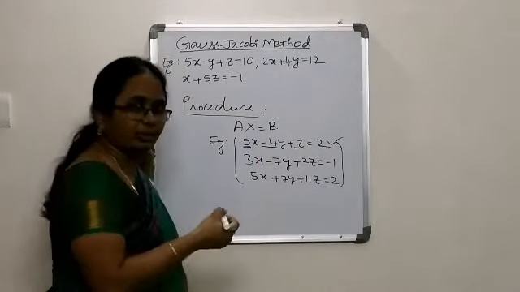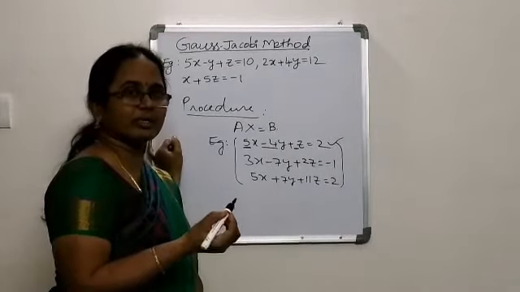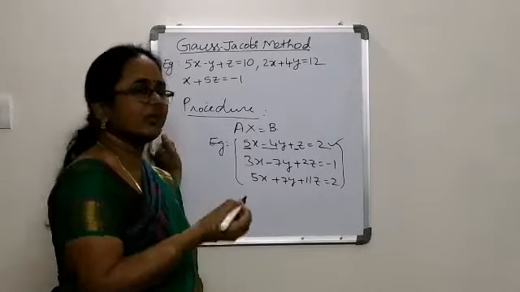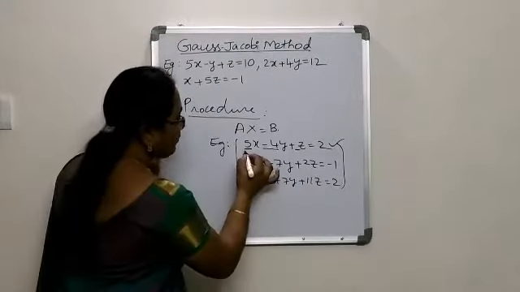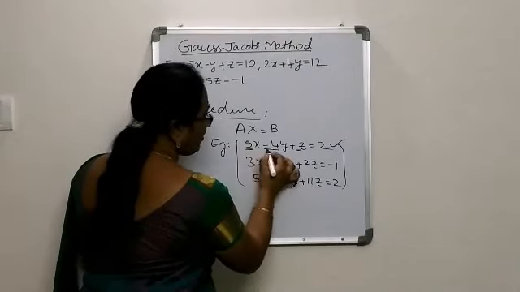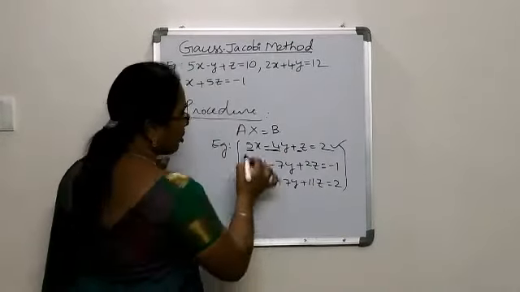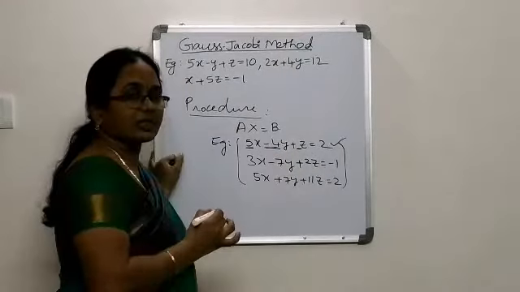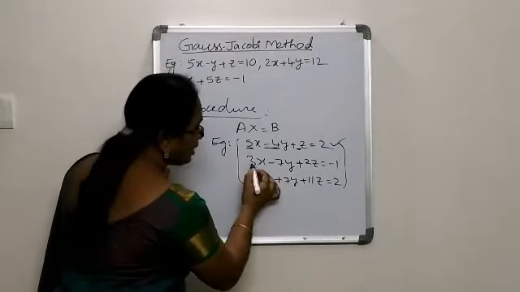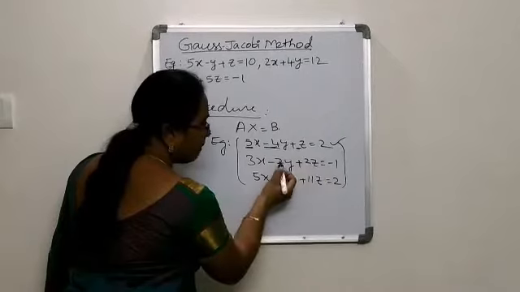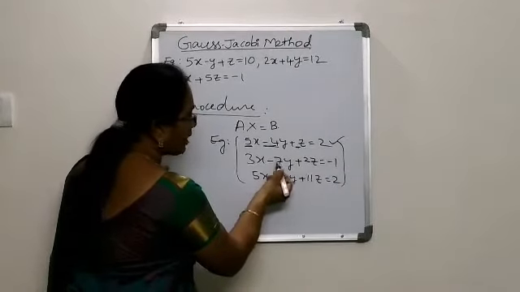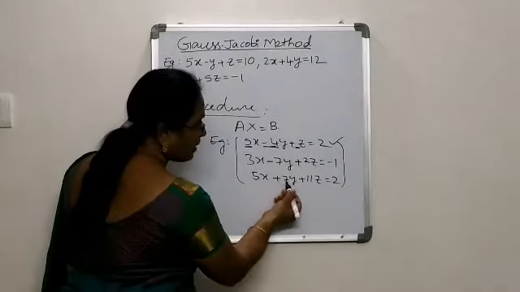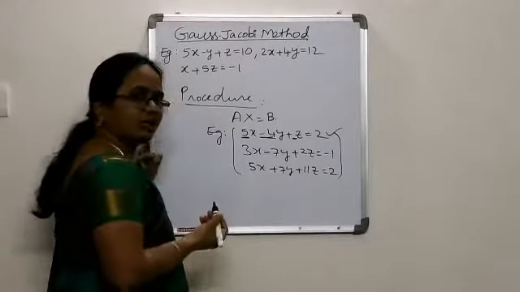I am going to explain the meaning of a diagonally dominant system, because only those types of systems can give us the solution using this method. In the first equation the coefficients are 5, minus 4 and plus 1. Out of these, 5 is the largest value absolutely. Similarly in the second equation we have 3, minus 7 and 2; minus 7 is absolutely large compared with 3 and 2. Similarly in the third equation, compared with 5 and 7, 11 is the absolutely large value.